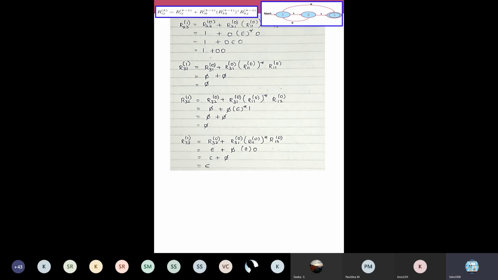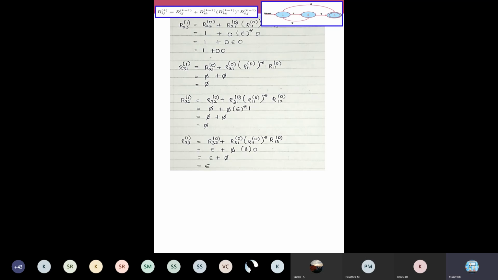Okay, so what is asked in your question? You're not asked to find out the entire regular expression. They have not asked for the full regular expression of the given DFA diagram. They have asked for a particular expression. So at level 1 you find out all the terms. In level 1 we have found 9 terms.